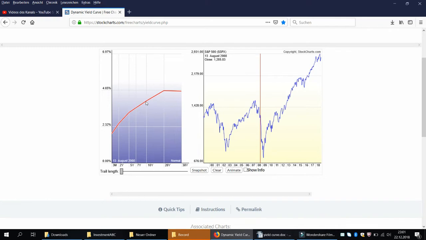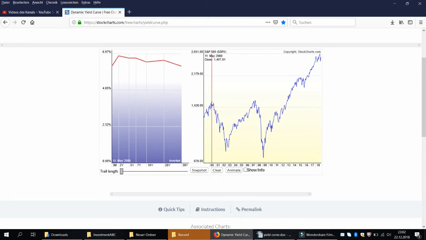But there are certain times, especially before recessions or major bear markets, that the yield curve inverted and had a negative slope. Like, for example, you can see it here during the dot-com bubble. Here we can see that while the stock market is rising, the Federal Reserve is hiking the interest rates. They're hiking,